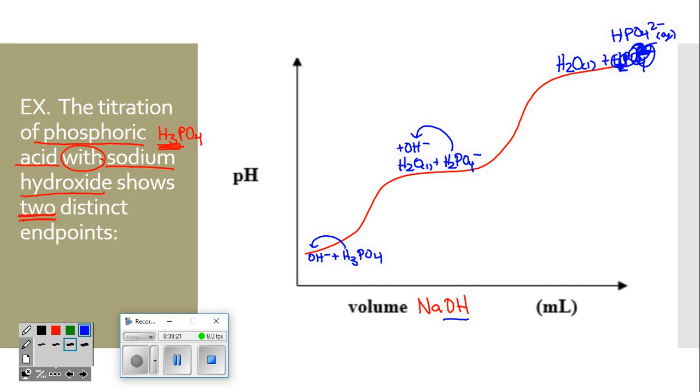Now, does anyone want to ask anything here? Most of the time when we're talking about pH curves, you have to do things like identify whether the acid was polyprotic or not, or whether the base was polyprotic or not. If I looked at this pH curve and I didn't tell you what the substances were, it is not obvious whether the acid or the base was the one that was polyprotic. Typically, the sample is the polyprotic thing, but it doesn't have to be that way, but typically that's the way the curve would work. Now I think we'll finish the other part of this